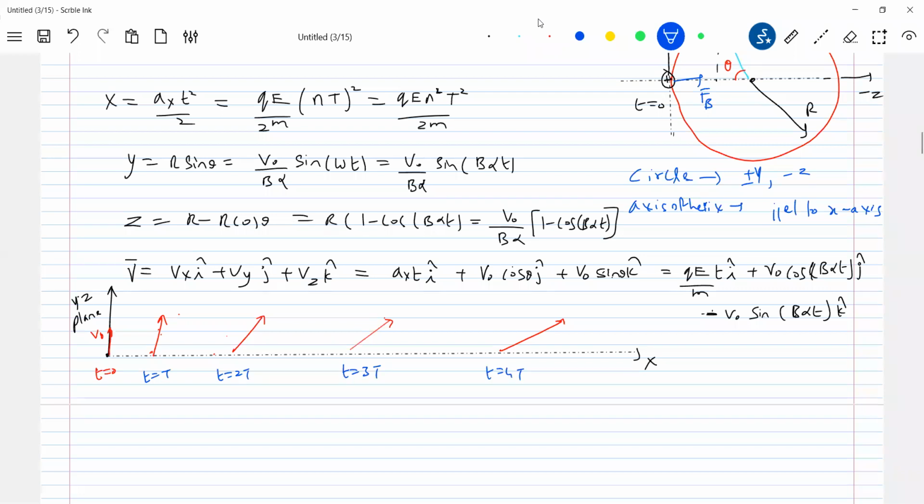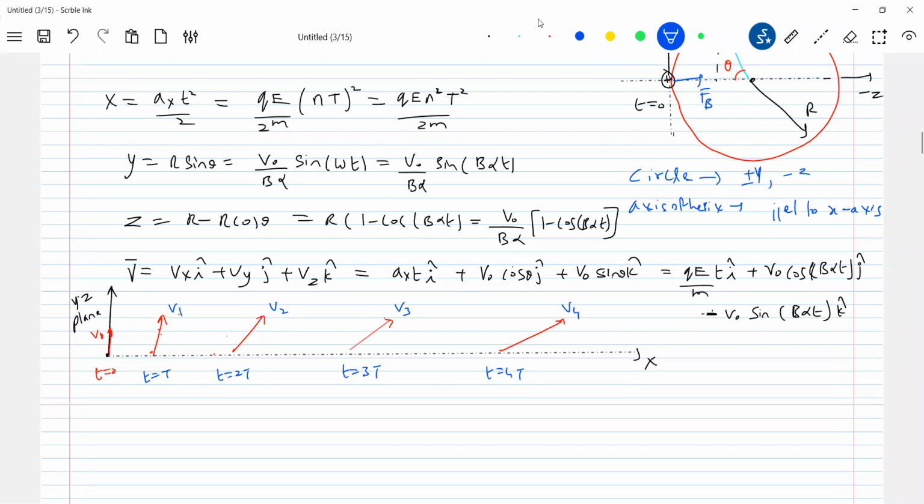This is the total velocity vector. Call these V1, V2, V3, V4. Look at the angle made by it with the x-axis; it should keep on decreasing. Any reason for that? In the YZ plane, velocity will be constant. But along the x-axis, the velocity will keep on increasing, no? Because of the acceleration, QE by m. Therefore, the resultant velocity vector of the particle should get inclined more and more towards the x-axis.